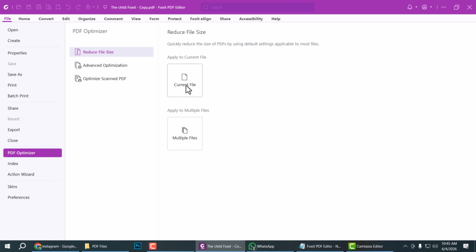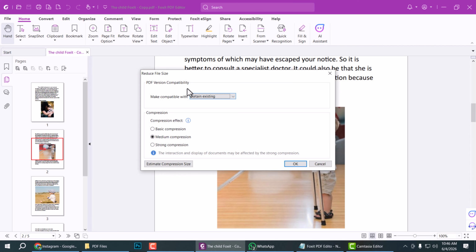I'll select current file and only select reduce file option. You can select advanced optimize. I select reduce file. Now select current file and you can make it retain existing format or you can choose this format and select retain format and you can compress medium, basic or strong. I'll choose medium. Now select OK